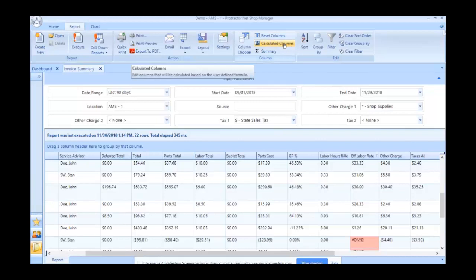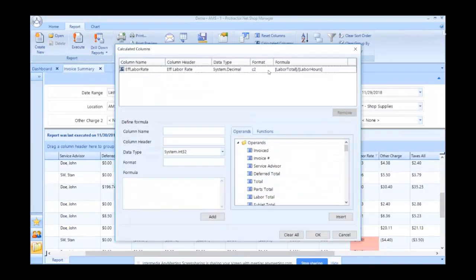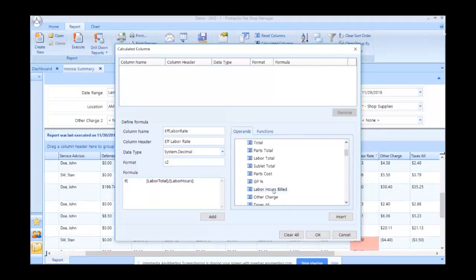Let me go back to my calculated column. I want to remove this, and I'm now going to get a little more advanced. I'm going to add what's called an if statement. If anybody's done Excel formulas, they're probably familiar with this. But I'm going to say if, give myself a little room. So if I can't divide by zero, so if my labor hours billed,